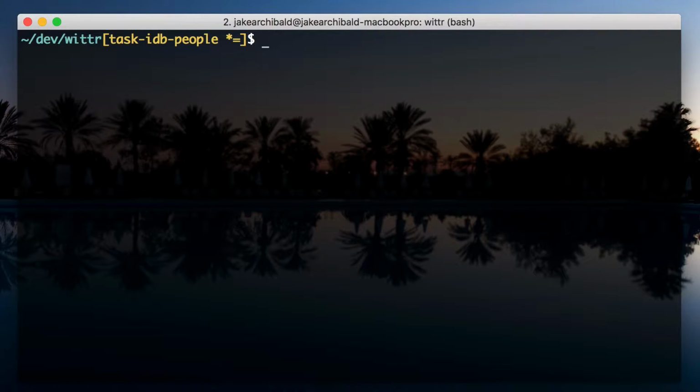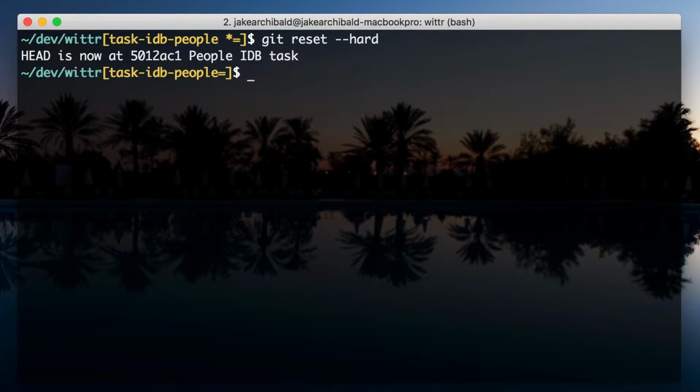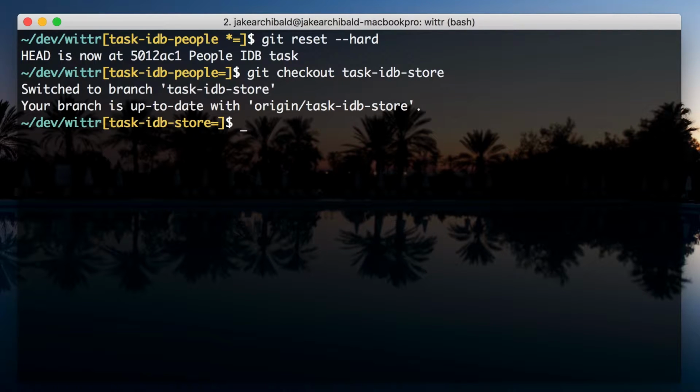In this task, you're going to set up a database for Wittr and add posts into it. Some of the methods have been stubbed out for you, so you'll want to check out that code. To do that, run git reset --hard to remove any local changes you have. Then, git checkout task-idb-store to get the stubbed methods. We're back to editing Wittr, so head over to